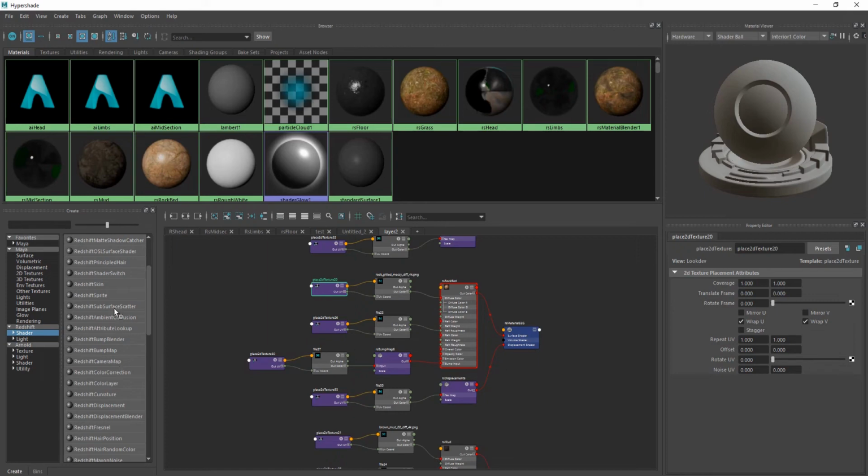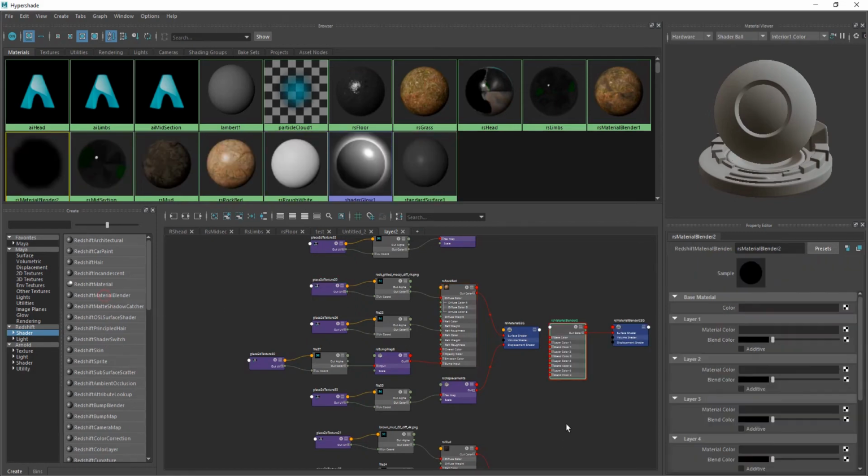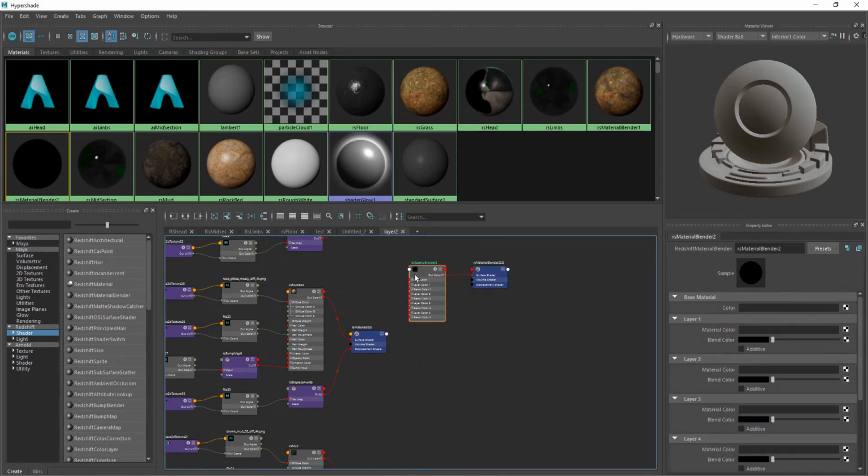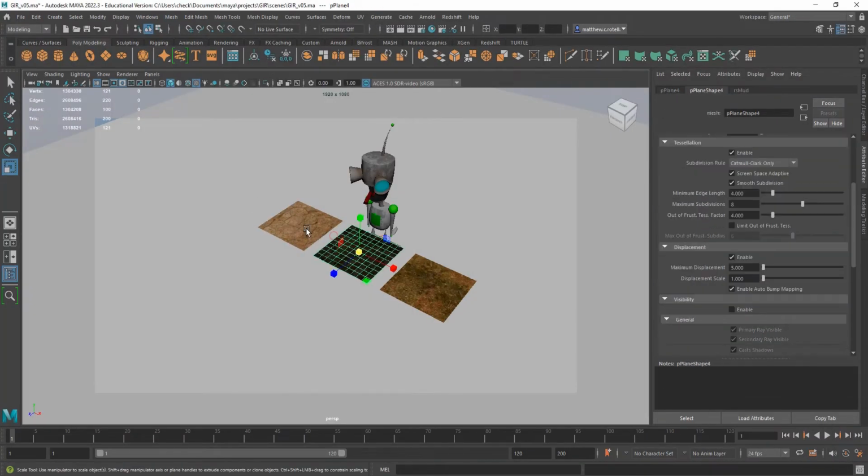So I have Redshift materials, and then there's this Redshift material blender right underneath it, which you'll see for each part of the blender, it has a material that you can plug in, and then a blend color that will be on the layer above it that determines how much of that layer shows through. So just as a quick test to show you how this works before we start using our terrain,